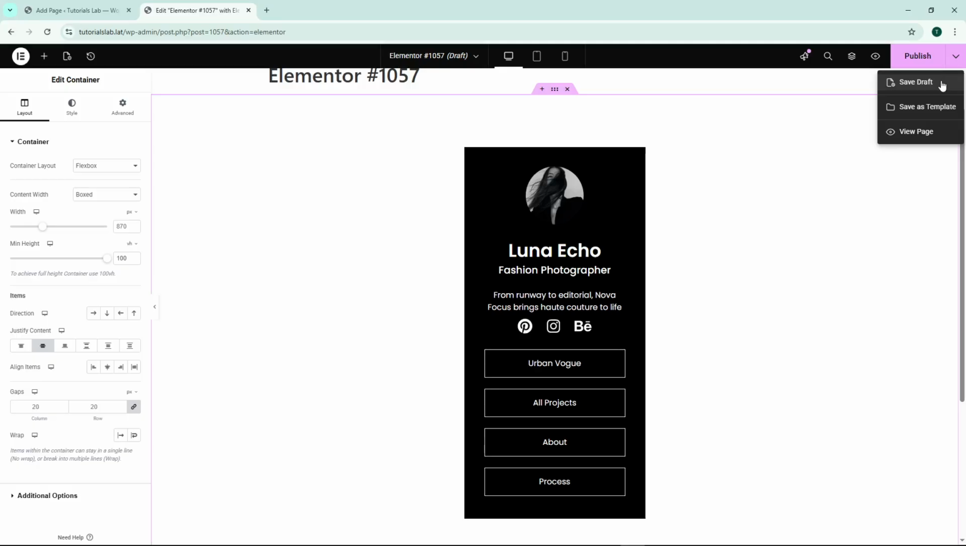And there you have it, you've successfully used Elementor's free design features to create a professional-looking page on your website